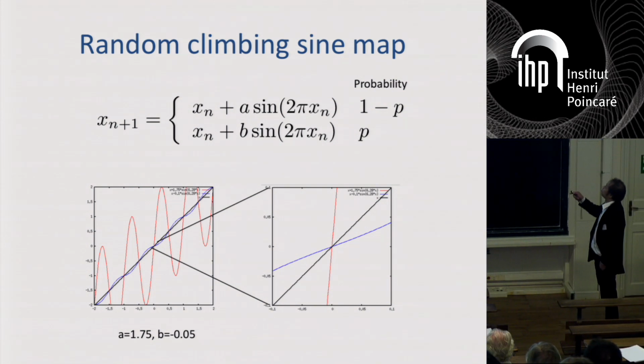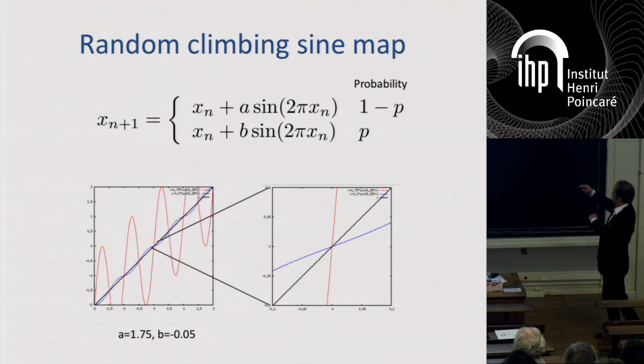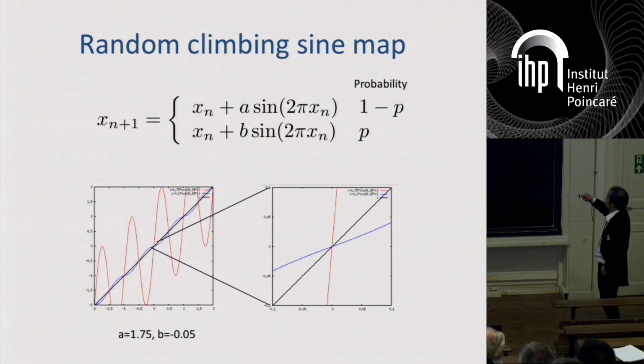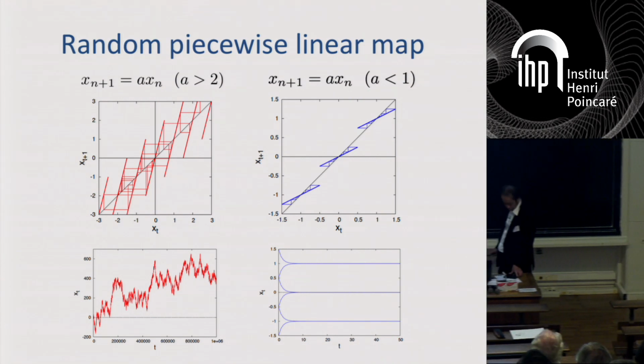This is our model. The kick amplitude A is a random variable, in this way, dichotomous noise. We use this map with probability 1 minus p. We use this map B with probability p and switch randomly in time. Then we observe anomaly in the dynamics. Near a fixed point, we can have this structure. One map is expanding, the other one is contracting. So we can have a simplified model